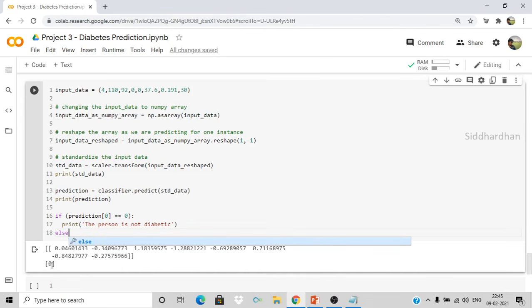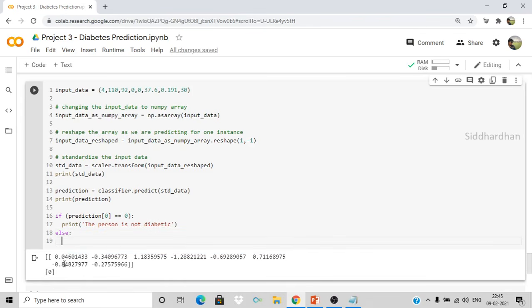In the other case the value will be 1, right? So else we need to print the person is